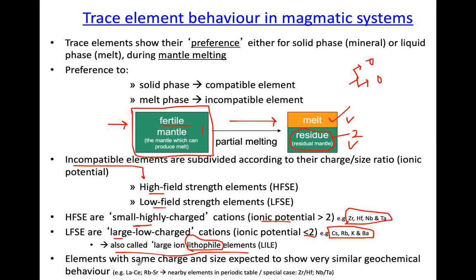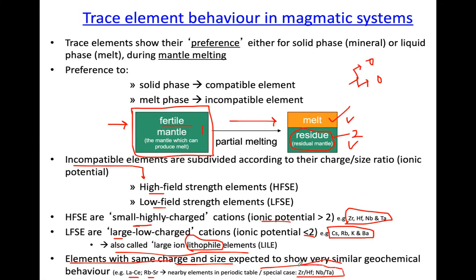Some important feature is there, where the elements with the same charge and size, right? So if you have two elements with the same charge, that means the same valency, and the ionic radius also, right? So we expect them to show similar geochemical behavior, right? For example, we take some couples of elements like lanthanum, cerium, rubidium, strontium, and also we have similar characteristics shown